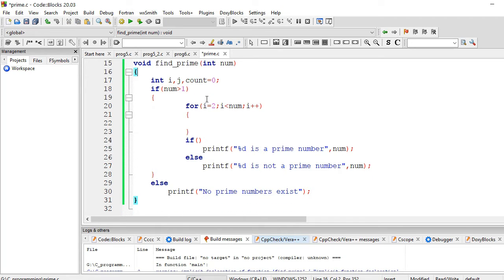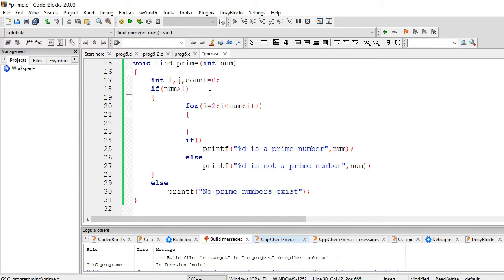We have taken 3 variables: i, j and count. Now 0 and 1 are not prime, so we have to take numbers greater than 1. We have taken an else branch: if number is not greater than 1, then "no prime number exists" will be printed.